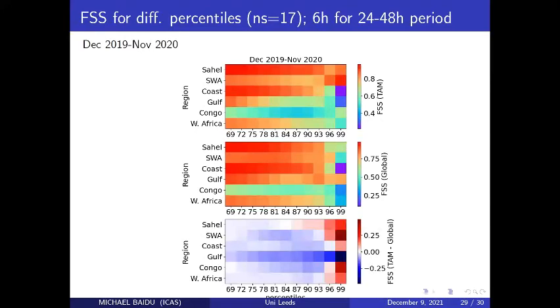Sure. And in that case, which one becomes your reference in order to obtain the FSS? Well, the reason why we compute it uniquely is mainly because we know that generally the tropical Africa model overestimates, it produces high intense rainfall, and the global produces low intense rainfall. So it was necessary to treat them uniquely. And then when we are computing the FSS, we pick